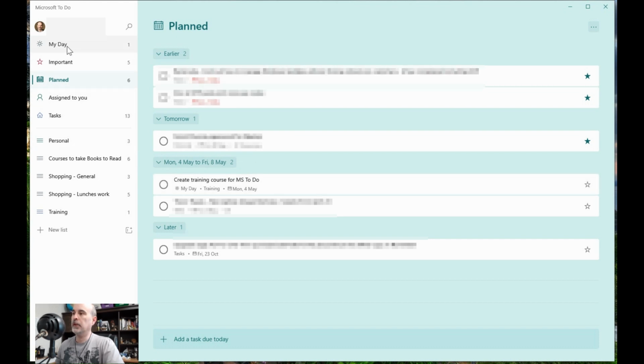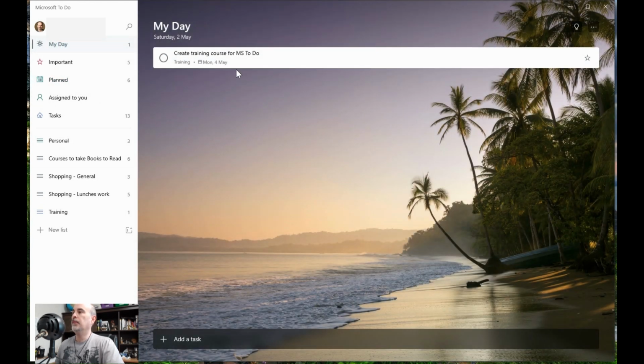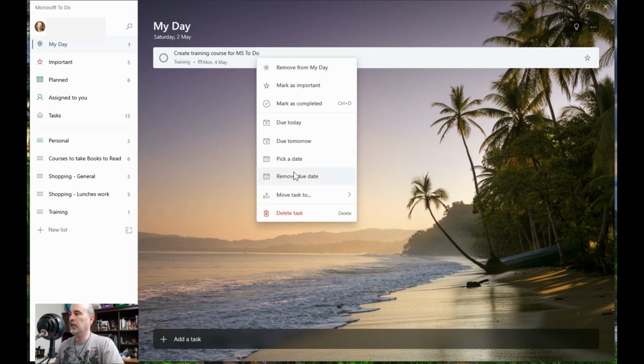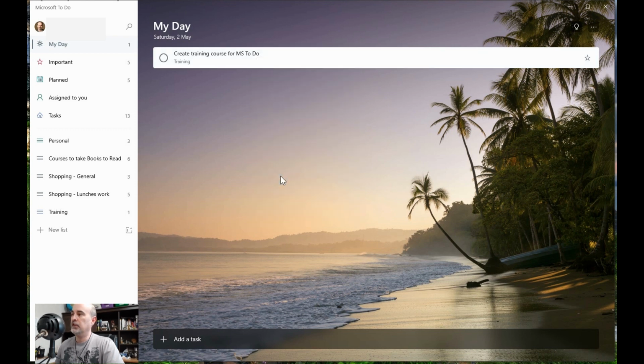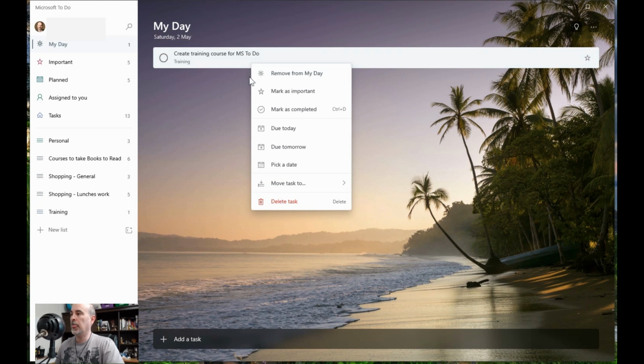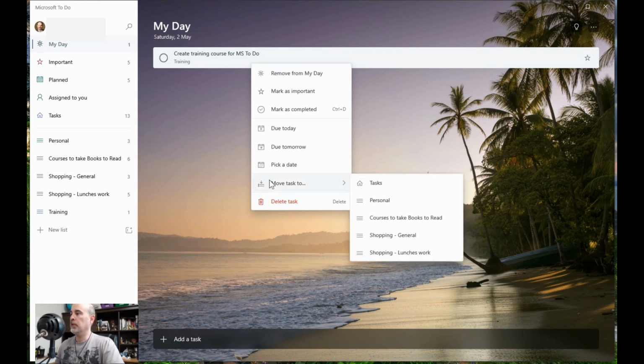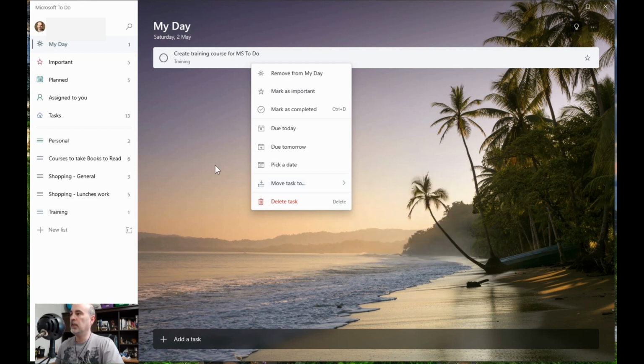I'm going to go back to my day and right click again. So if I decided I don't really want to have a due date for this, this can be done anytime. I can just click that to remove the date so the date's not there. I can move the task to any other task list, and of course the delete we already looked at.